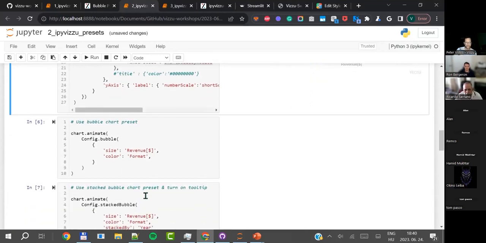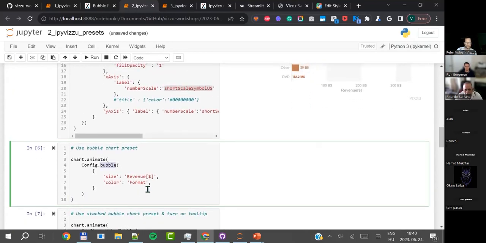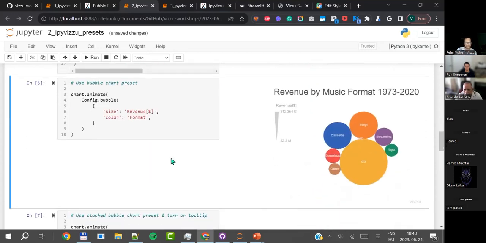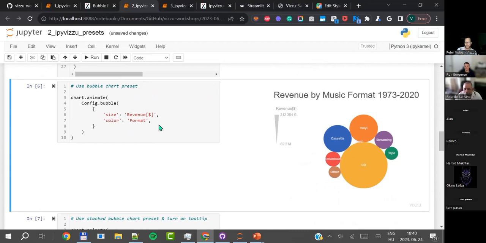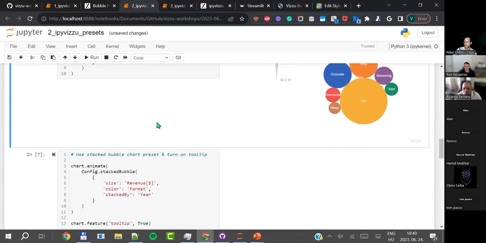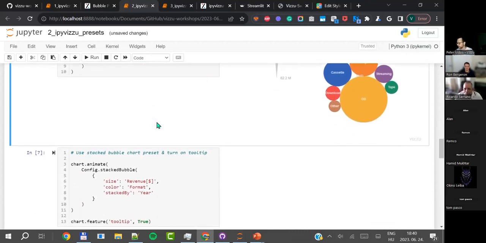Okay, now let's use another preset that is a bubble chart. We need to add something to the size in this case. And now it's a lot easier, as you can see. It's pretty straightforward what's going to happen and what is the chart that I'm going to end up with. So it's also just basically easier to understand what's going on here.